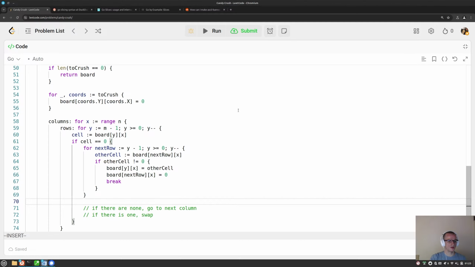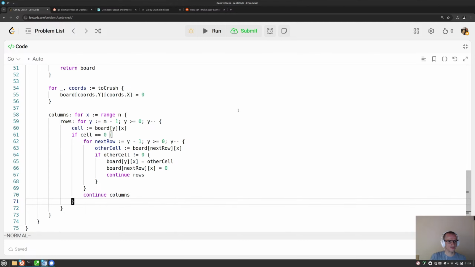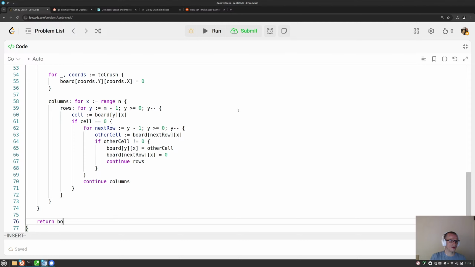So continue rows, okay. And if there are none, continue columns